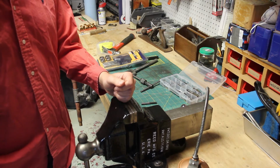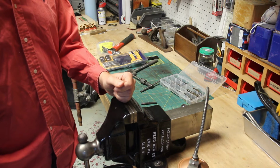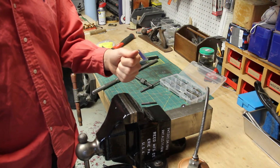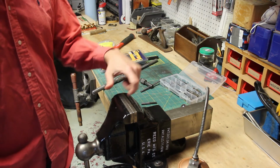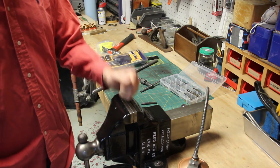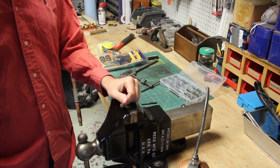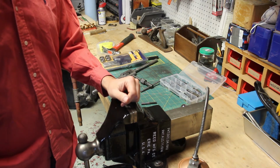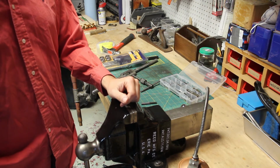Taps can be pretty hard to extract from a hole if they're broken. I got lucky and mine broke above the hole, not flush with the rod, so I was able to get a pair of pliers on it and back it out. If it breaks off in the hole, that's a lot of work to get it out. They do make special tools for that. I don't have one, but